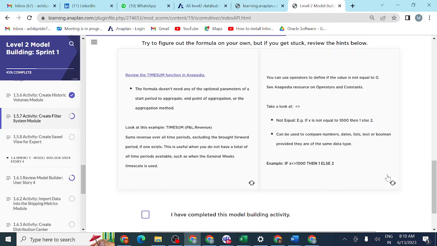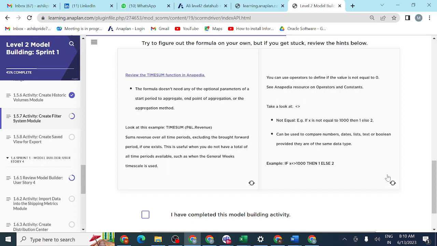And the second hint you can see here. You can use an operator to define if value is not equal to 0. See the Anapedia resources on operators and constraints. Take a look at less than, greater than, not equal. Example: if x is not equal to 1000, then 1 else 2.